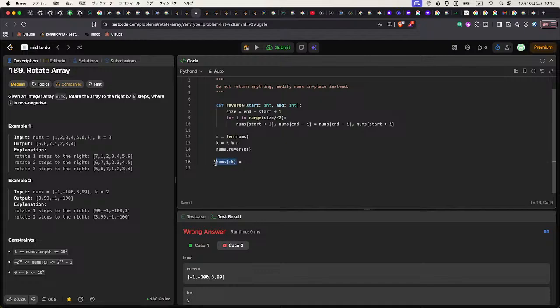For update, partially, we use custom reverse function, and this includes an inclusive range, so the k minus 1 and